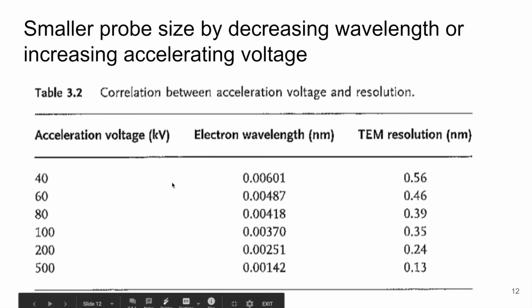So this shows you that illustration. By increasing the acceleration voltage, we decrease the electron wavelength. So if we want to get smaller probe sizes, we decrease the wavelength or increase the acceleration voltage. So wavelength isn't necessarily the knob we turn, but acceleration voltage is something that we have direct control